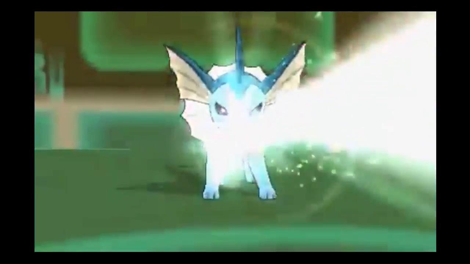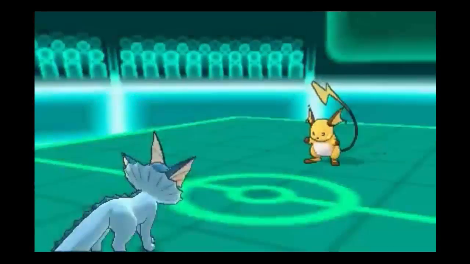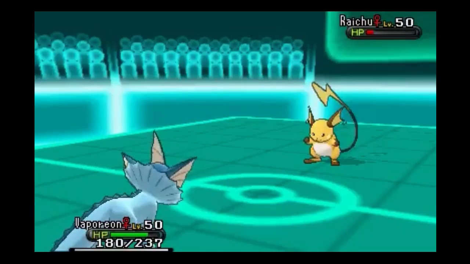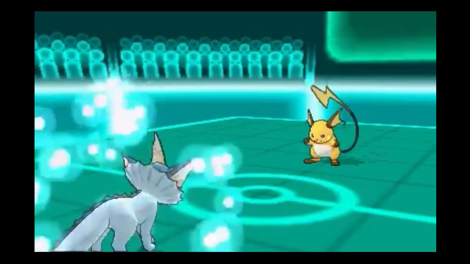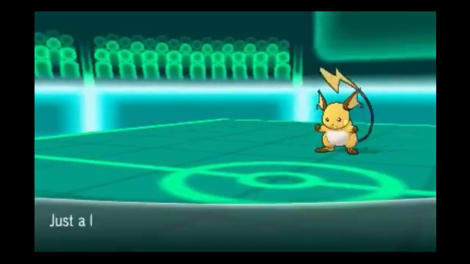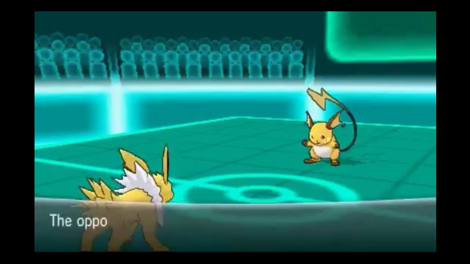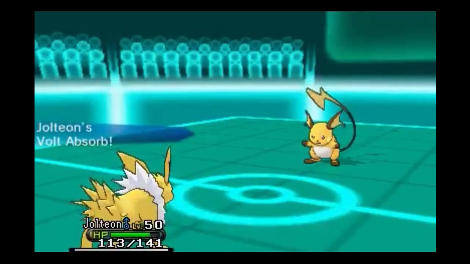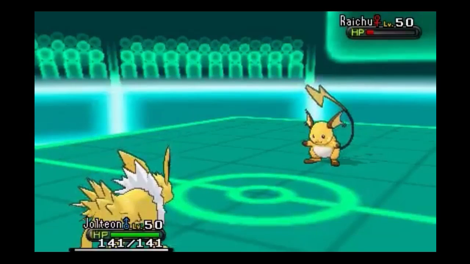I go for the Scald. Does pretty good damage. Just about to knock him out. So now I'm kind of scared right now. I immediately switch out my Vaporeon. I believe I go into my Jolteon. Volt Absorb does activate. Now I get my health back. I'm at full now, and now I believe I go for...